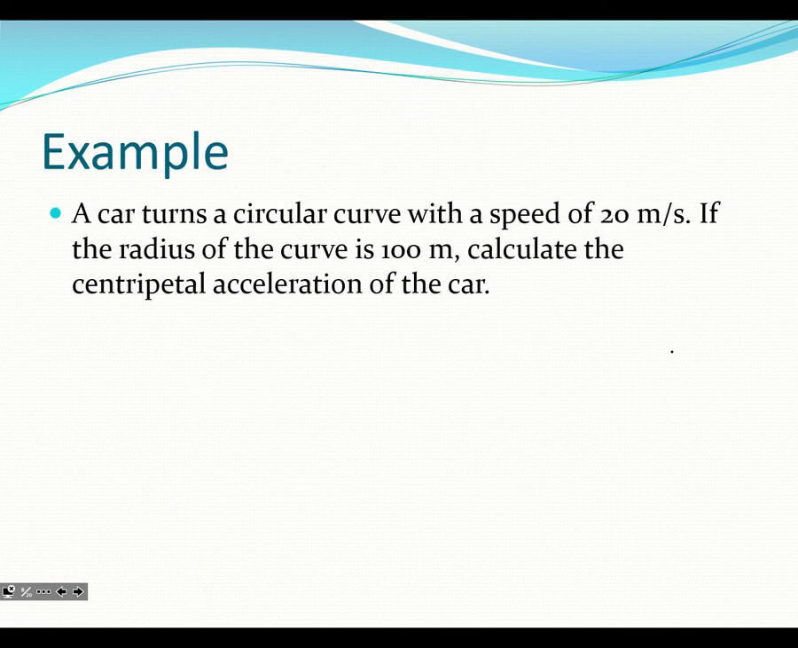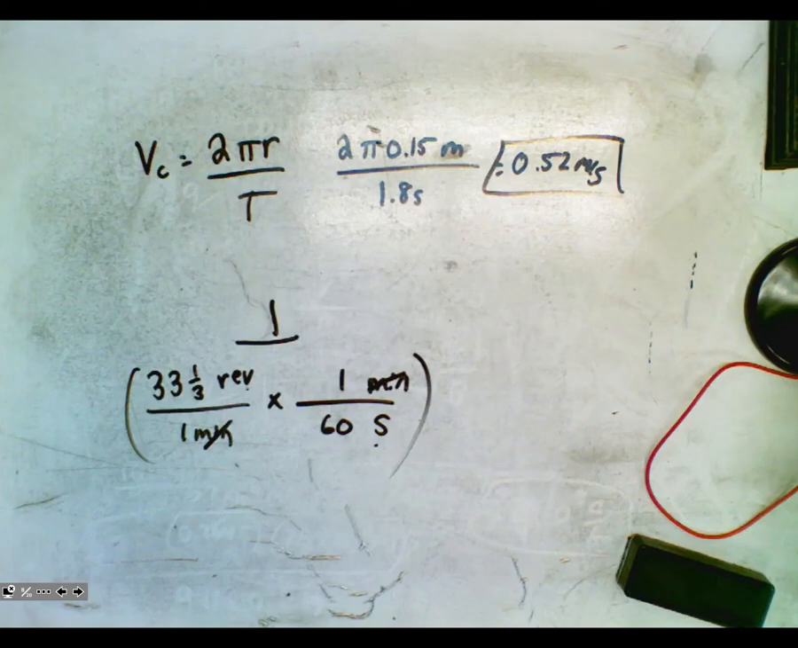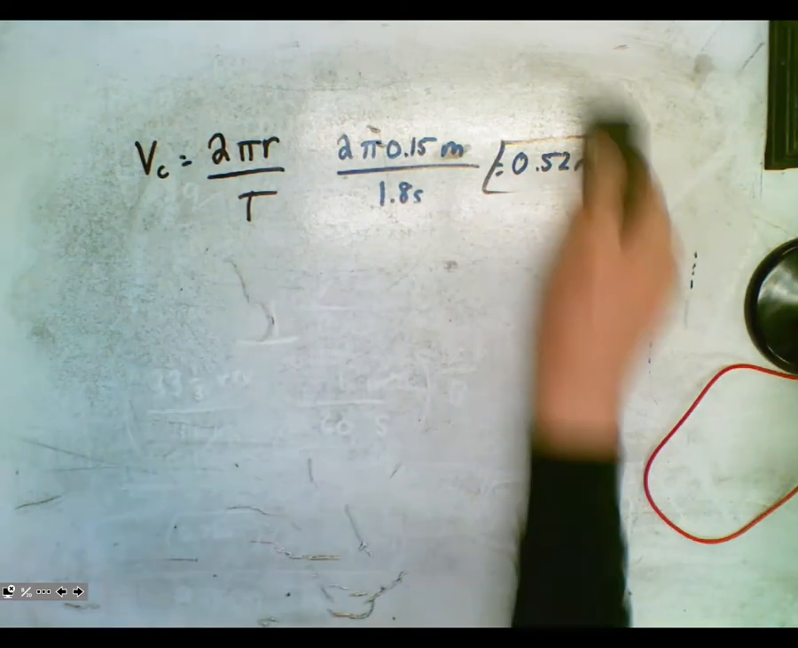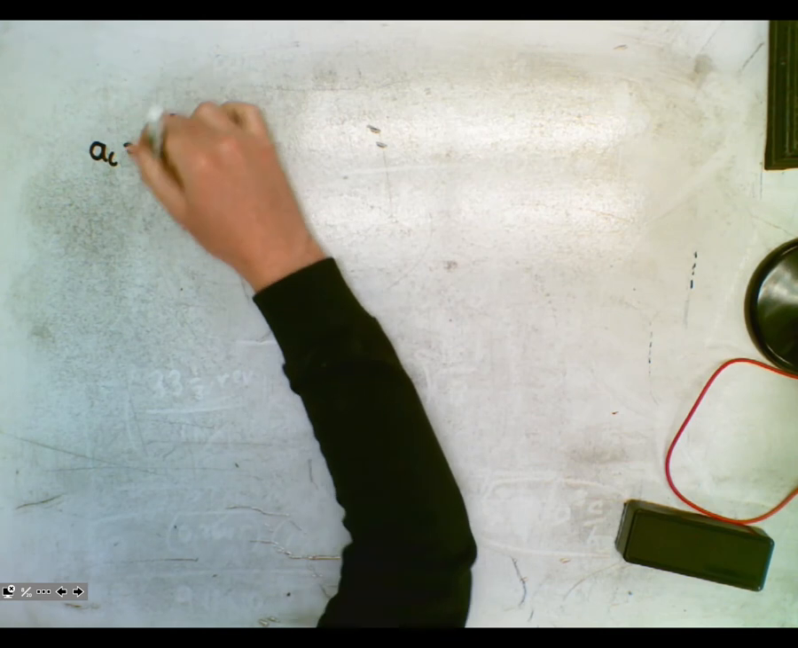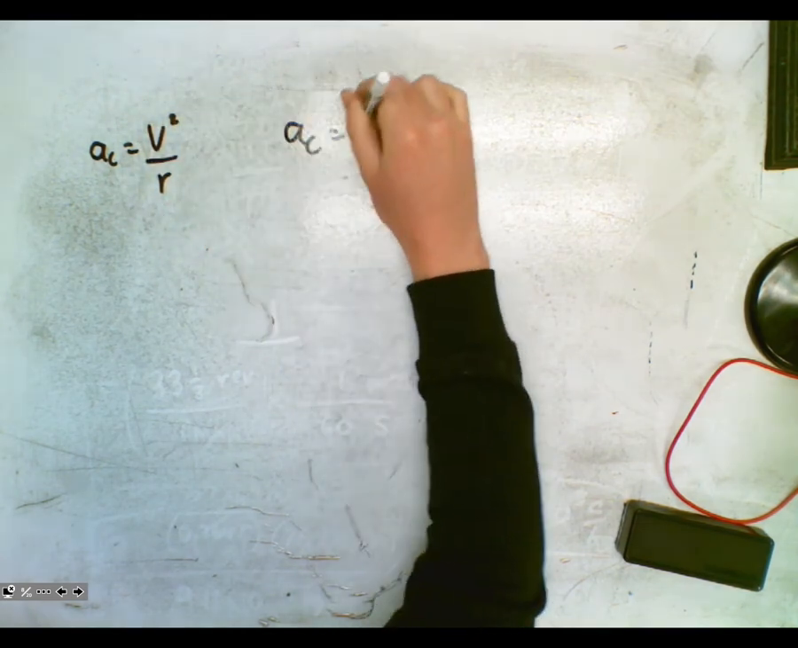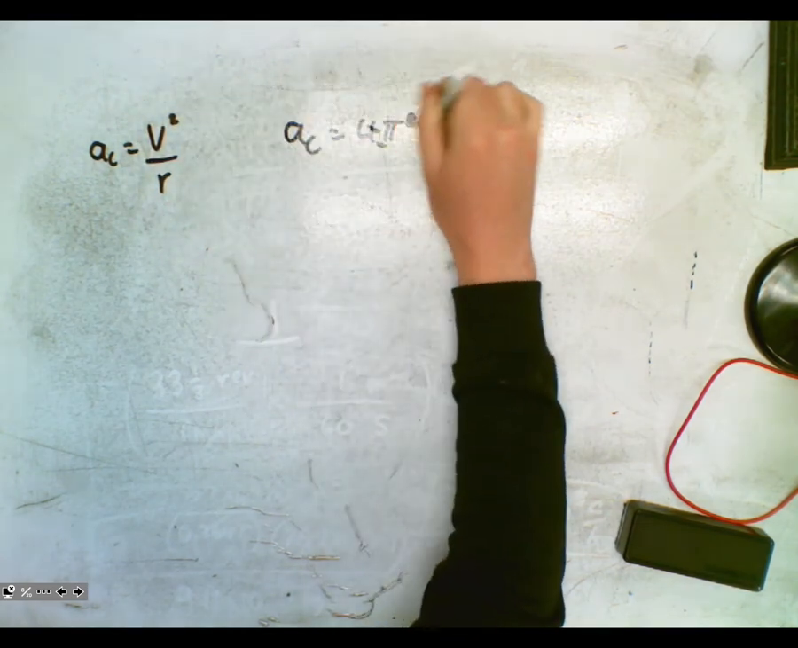So a car turns a curve with a speed of 20 meters per second. If the radius of the curve is 100 meters, calculate the centripetal acceleration. So how do I know which formula to use? Well, let's write them both out. So we have a_c equals v squared over r, and we have a_c equals 4 pi squared r all over